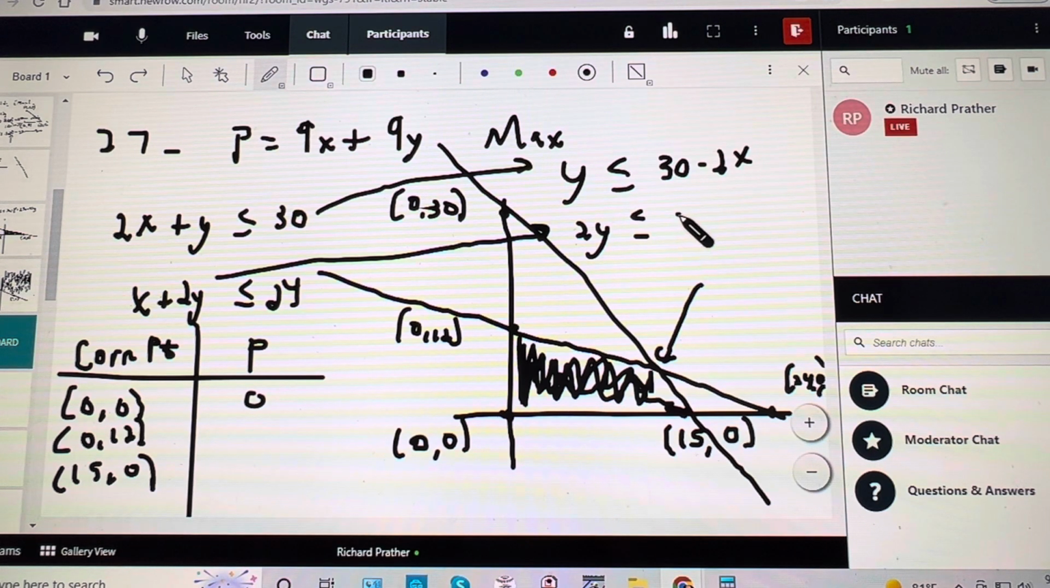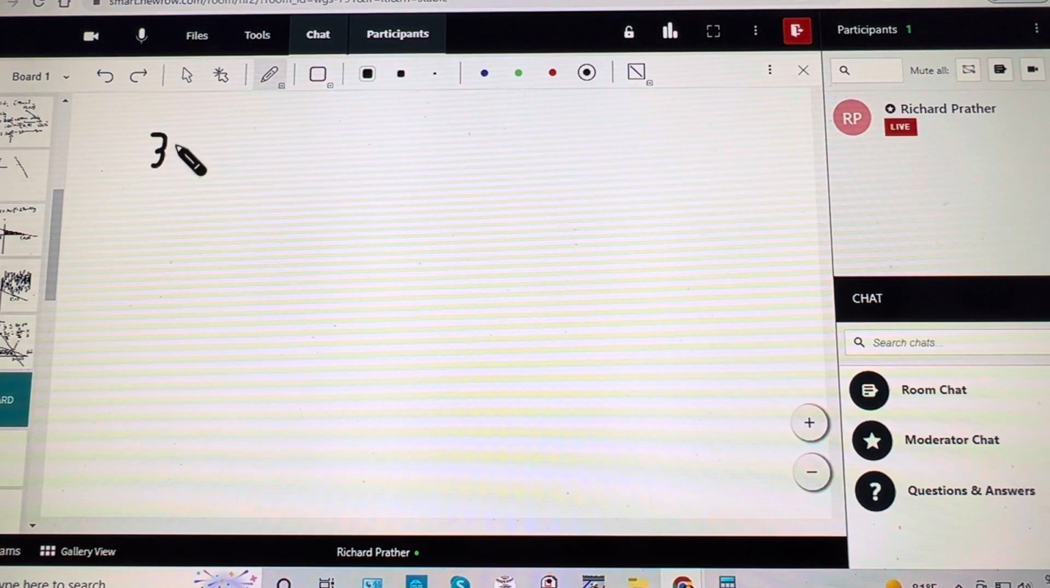24 minus x. Divide by 2. And it really isn't about the less thans, it's about the equal to's. So when do these two things equal each other? I could reduce this to 12 too. When does 30 minus 2x